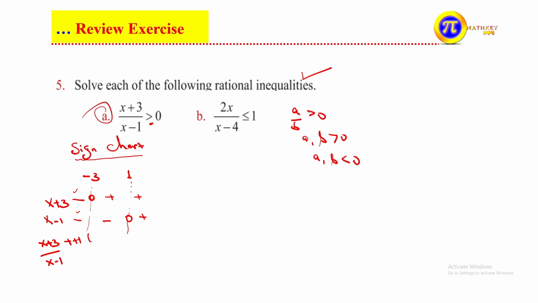ዲኖሚኔተራችን ግን ኔጌቲቭ ስለሆነ 0 ሲካፈል ለኔጌቲቭ ነምበር ምን ይሆናል? 0 ይሆናል። Between -3 እና 1 ቼክ ስናደርግ እዚህ ፖዚቲቭ አለን እዚህ ጋር ኔጌቲቭ አለን። ፖዚቲቭ divided by ኔጌቲቭ the result is negative ይሆናል። እዚህ ጋር ስንመጣ at 1 ላይ x plus 3 ፖዚቲቭ ስለሚሆን፣ at 1 ላይ ዲኖሚኔተራችን 0 ስለሚሆን ፖዚቲቭ divided by 0 ስናደርግ ምን ይሆናል? Undefined ይሆናል ማለት ነው።